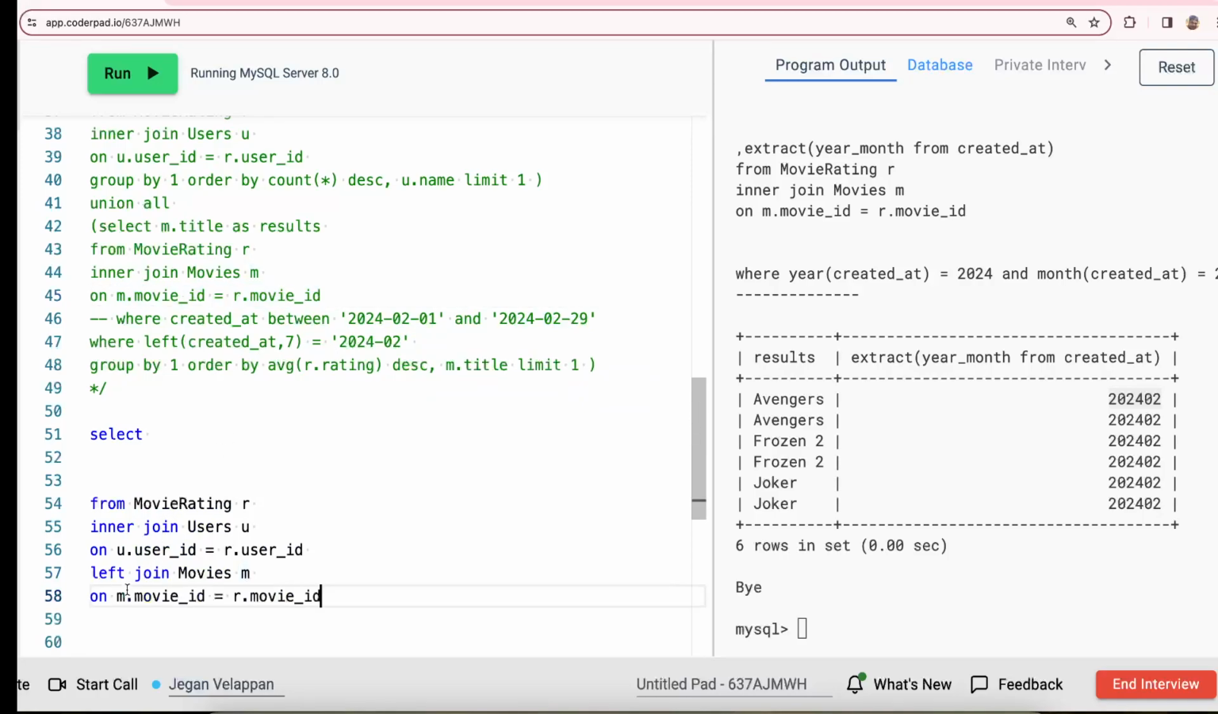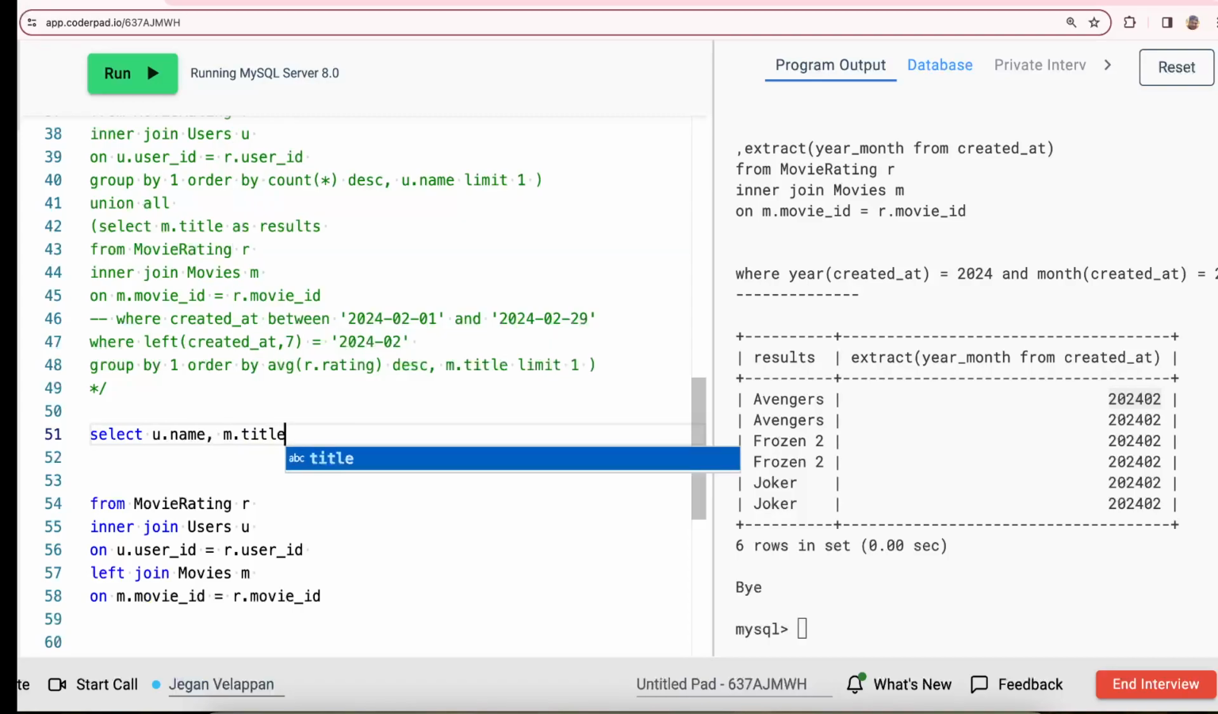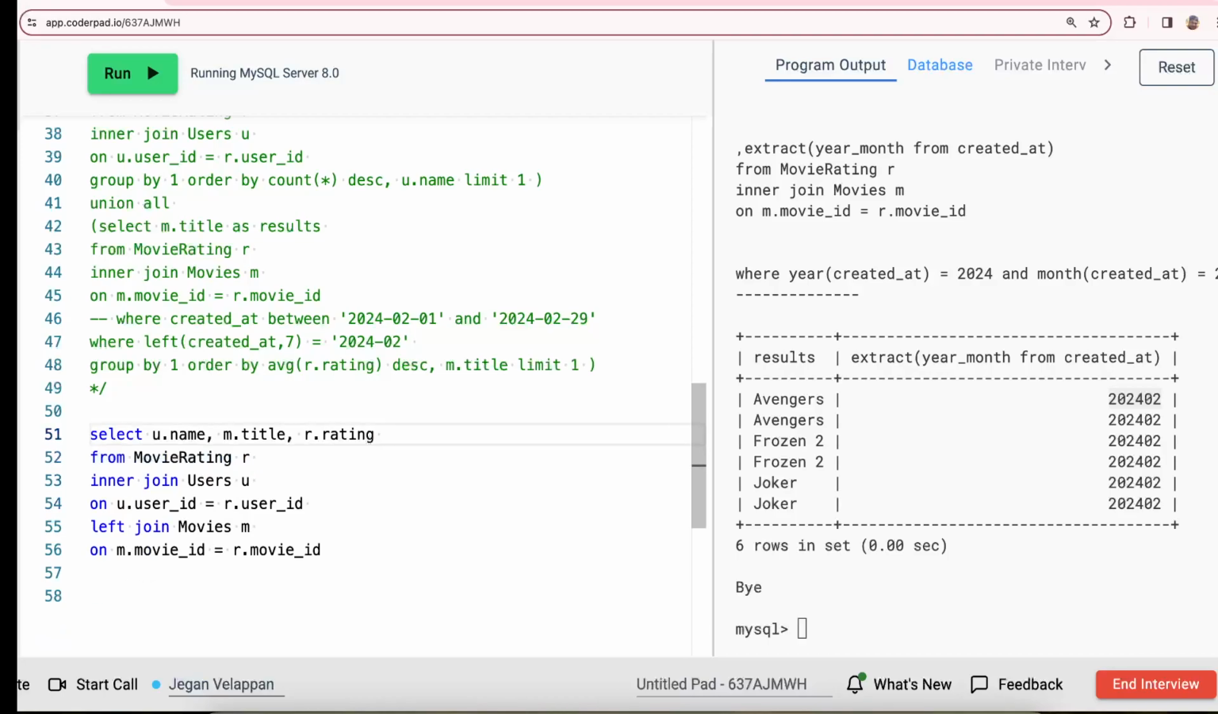Okay, so what I'm doing is I'm going to get the movie rating table and join users table and movies table in one join. And then I'm going to get u dot name as the username, m dot title as the movie title, and then from ratings table, I got rating. So I got all the three required columns from this, and then the movie filter we need to add